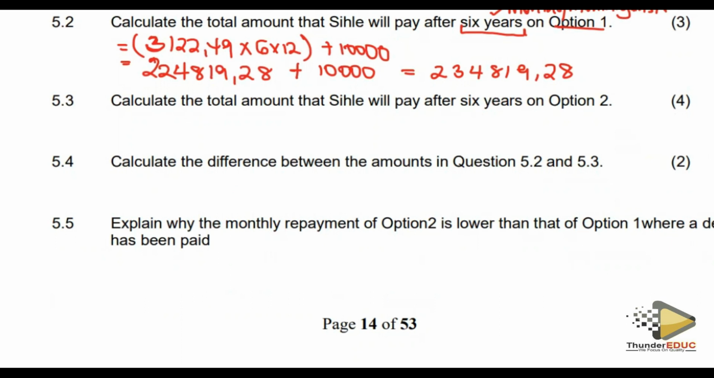Option 2, total amount, we shall say the monthly payment, which is 2,921 rands 80 cents times 72. Where do you get the 72 from? It's the 6 years. 6 years times 12. We are looking for the number of installments. Okay. Then we get the answer there as,